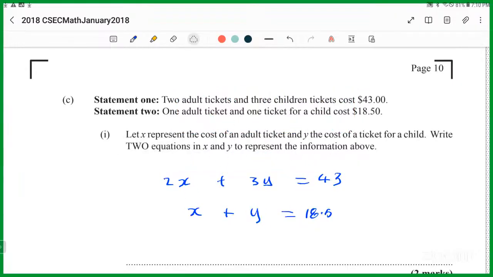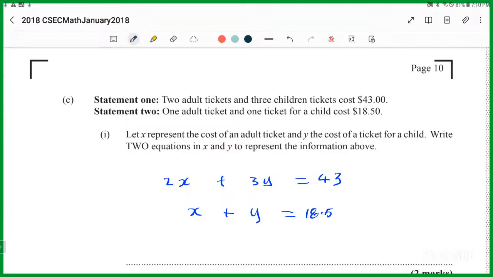Just like that. Two adult tickets and three children tickets is $43. One adult ticket and one ticket for a child, one child ticket, costs $18.50, 18.5. If you want to put 0.50, be my guest. If you want to put 0.00, be my guest. These values out here are immaterial after the